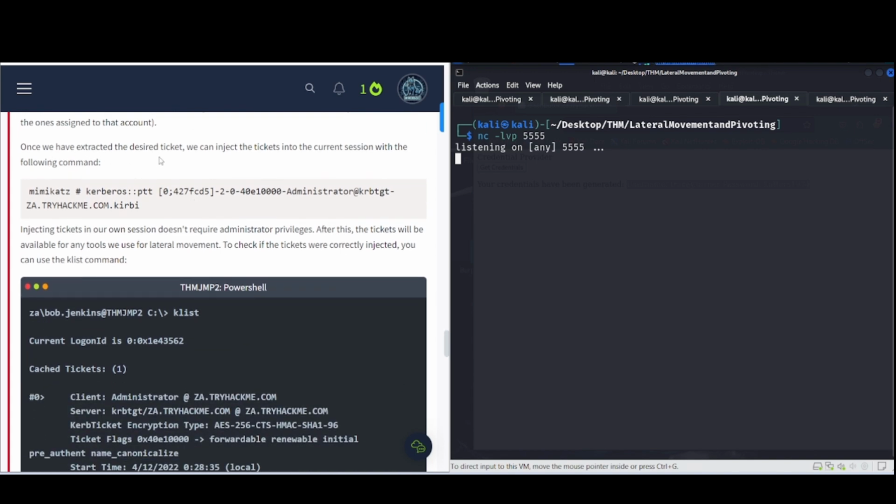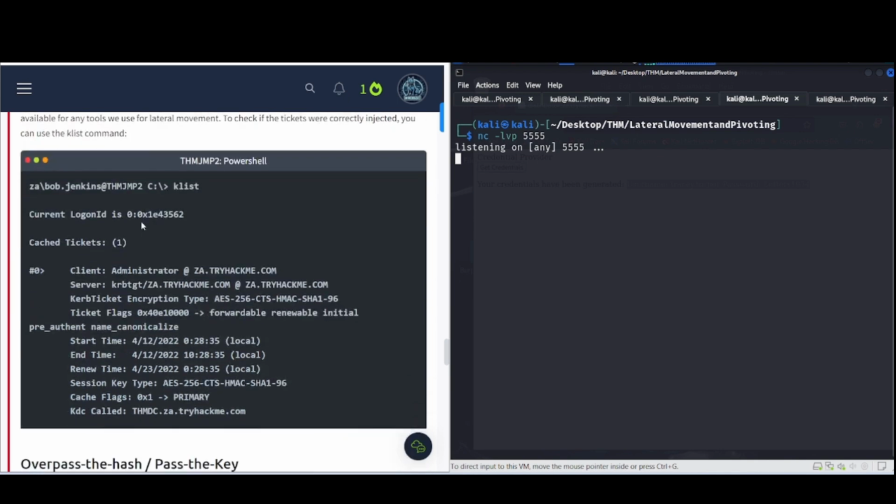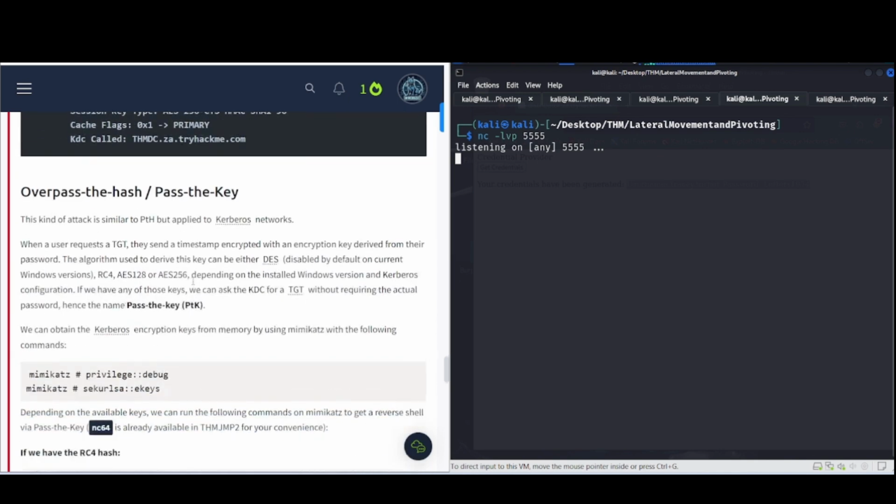Once we have extracted the desired ticket, we can inject the ticket into the current session with the following command. So kerberos::ptt is like pass the ticket. And it says injecting tickets in our own session doesn't require administrator privileges. After this, the tickets will be available for any tools we use for lateral movement. To check if the tickets were correctly injected, you can use the klist command like so. Okay. Then it starts talking about